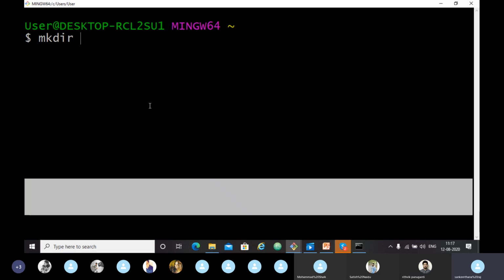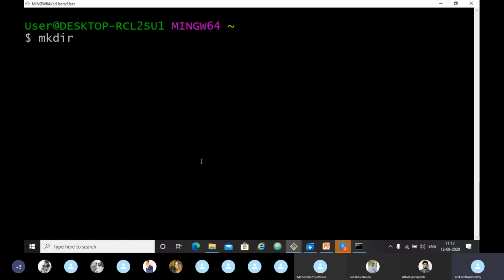Git Bash is a part of the Linux environment, and the commands we use are Linux commands. So to create a directory, we use mkdir. We can just name it teamgit. Okay, teamgit is our directory name today.